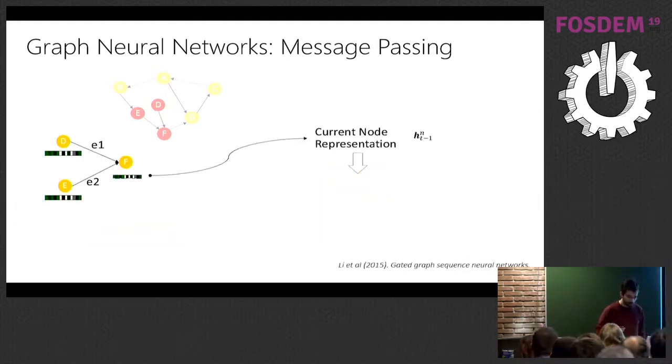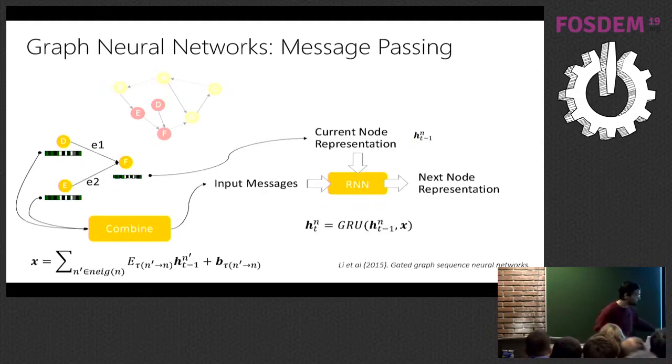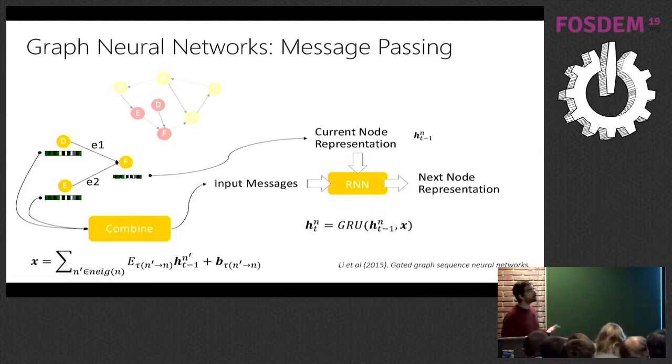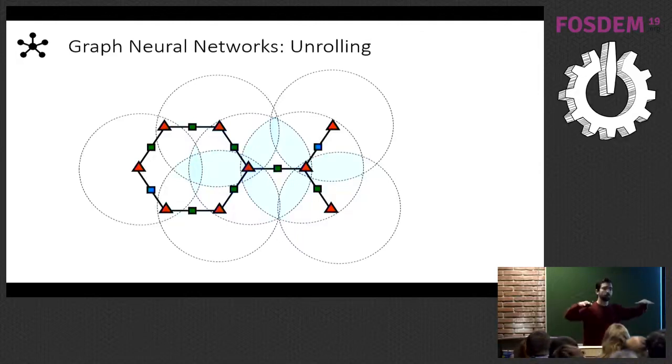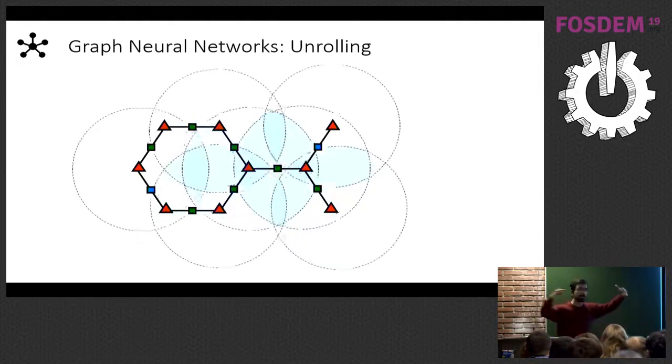So this is maybe with a bit more concrete equations. I don't think we have a lot of time to go into there. The main component is this GRU. This is a type of recurrent neural network that is about updating states and giving more information. So this is a graph. And at the first time step, my node here has just received information from its distance 1 neighborhood. The same thing for every other node, because all nodes send and receive messages synchronously in this version of graph neural networks. And at the next step, this broadens.